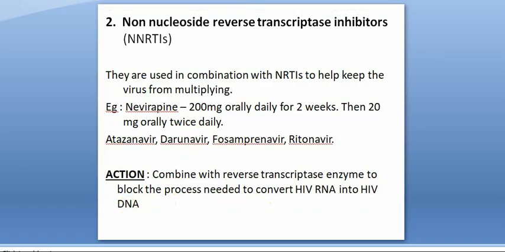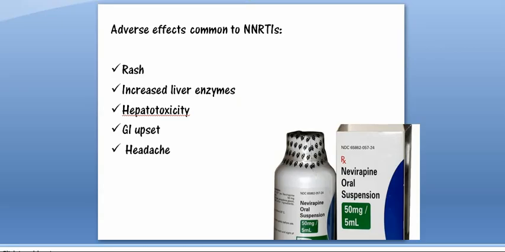replication. Now most of these HIV drugs have a lot of side effects or adverse effects. Adverse effects like rashes are seen, and increased liver enzymes. So whenever the patient is taking HIV drugs, you should always monitor the liver enzymes like SGOT, SGPT or serum bilirubin levels. Sometimes it can result in liver damage or hepatotoxicity, so always monitor the liver function test. Most of the time, these HIV drugs can cause GI upset. They will usually complain of abdominal pain or abdominal cramps or sometimes diarrhea. Then headache is also one of the